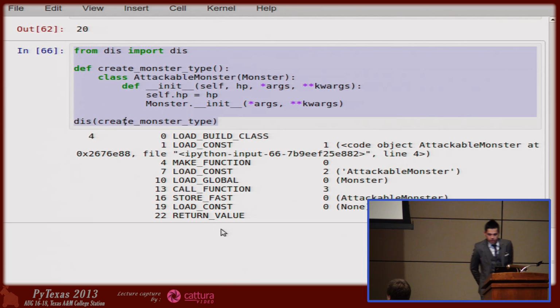a slightly different set of bytecode. And you'll see one very different thing here. You'll see load build class, and you'll see it do a load build class make function. Oh, this is Python 3. So load build class is slightly different. If this were Python 2,